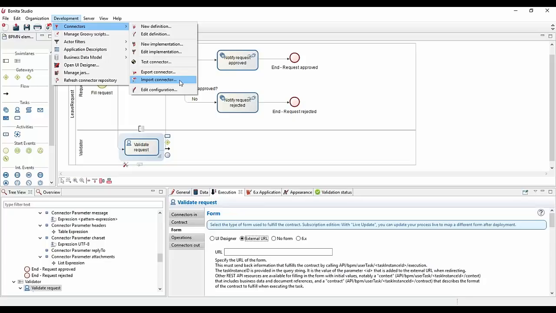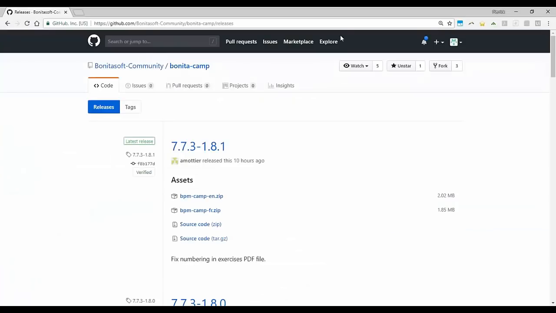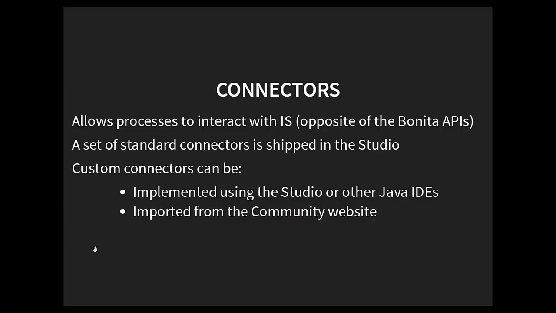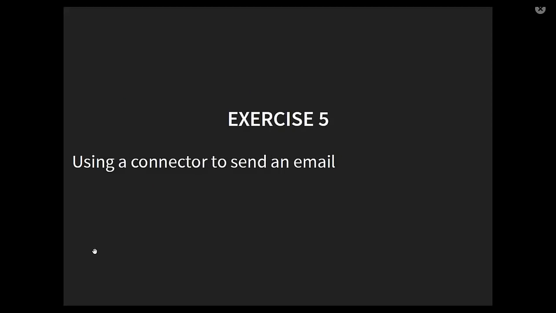So that's definitely something you can do, or you can import the connector that you have built directly from any kind of Java IDE, maybe outside of the studio. So I think that's about the connectors. I already showed you how it works on the process side, so I won't come back to it. And actually, you will be doing that in an exercise, so it's not really useful for me to do it twice. I'll let you work on this.